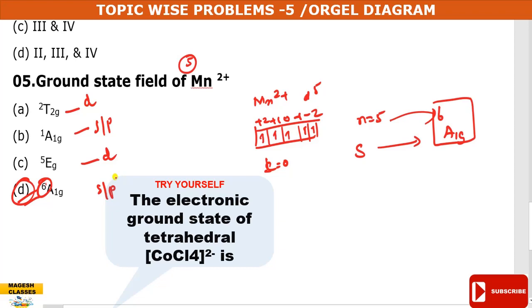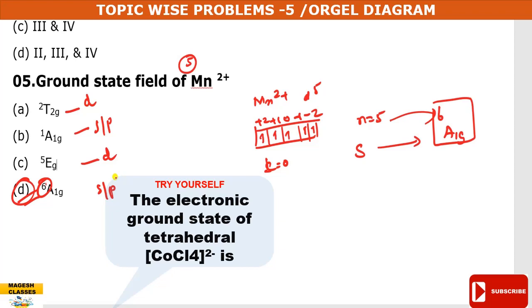Okay viewers, in this presentation we have discussed the ORGEL diagram in detail. From the examination point of view, when will the D-term arise and the F-term arise? When will you use the left hand side of the ORGEL diagram and the right hand side of the ORGEL diagram? And it is only applicable for high spin complexes. And in some cases you get a sharp band and in other cases a broad band. This is because of the Jahn-Teller